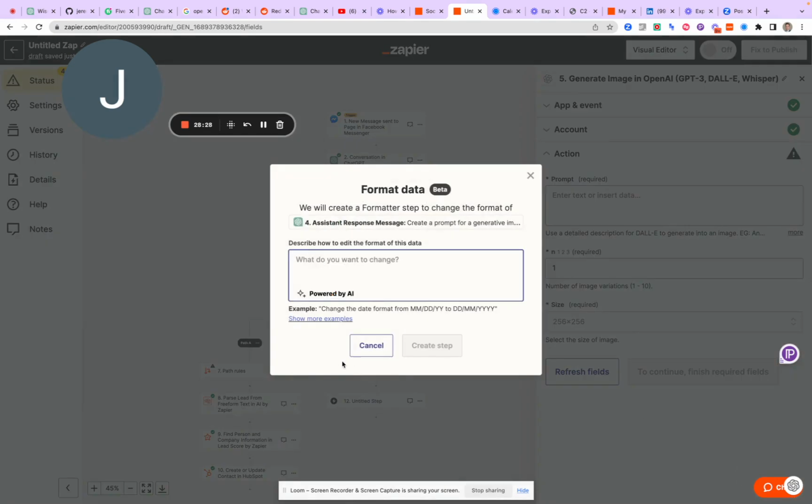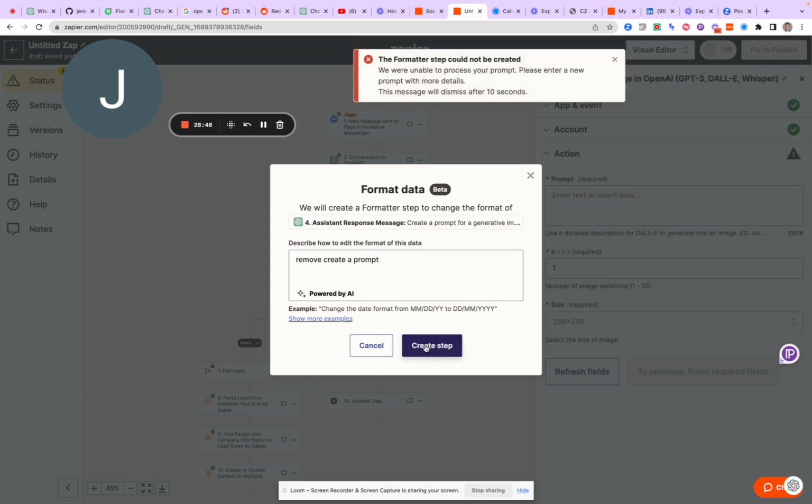Format data. Remove. Create. See how well it does this. Remove the